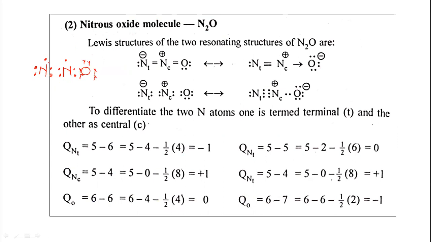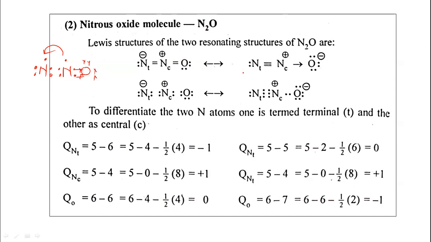Now let us shift this electron of nitrogen to this nitrogen atom. So this nitrogen atom now has the negative charge, and it can be represented in this way. That is the terminal nitrogen atom, meaning the end nitrogen atom. It has the negative charge because of the shifting of this electron. This one acquires the negative charge and this nitrogen acquires the positive charge. Then for oxygen there is no change, it can be represented as it is. So this is the first electronic structure.